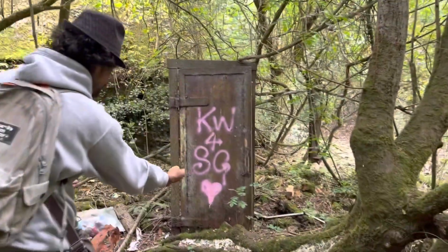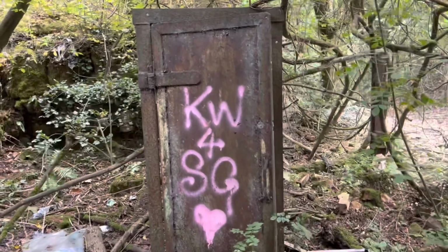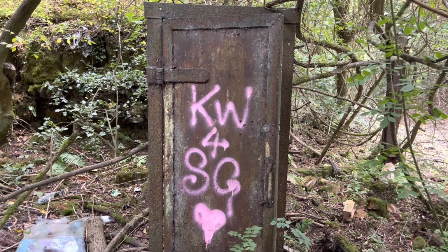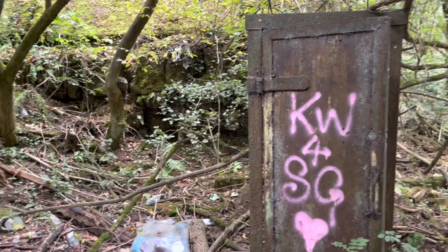The door to nowhere, still standing. Don't ask me what it's actually for, because we don't know. It's just a strange door in the middle of nowhere. So now we've come out of that drainage tunnel, we ventured further down, and this is the entrance to the